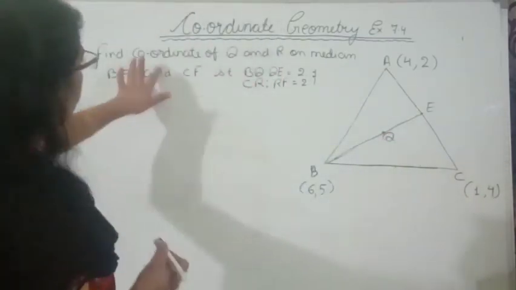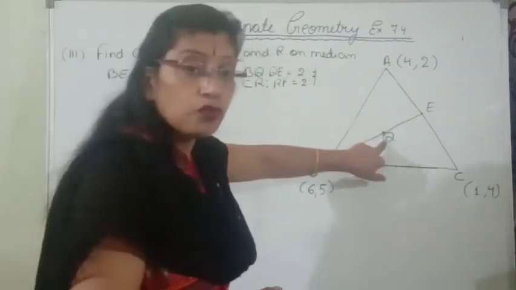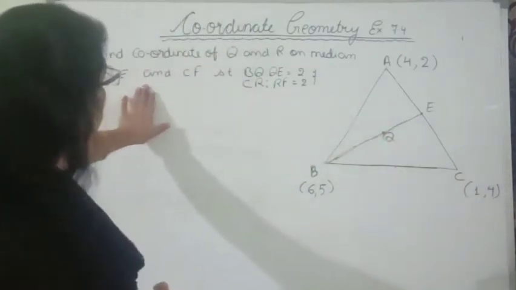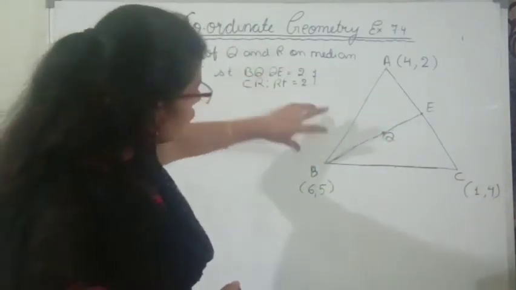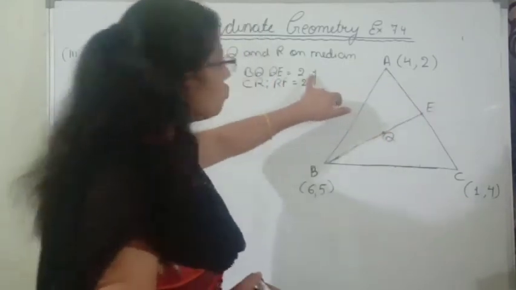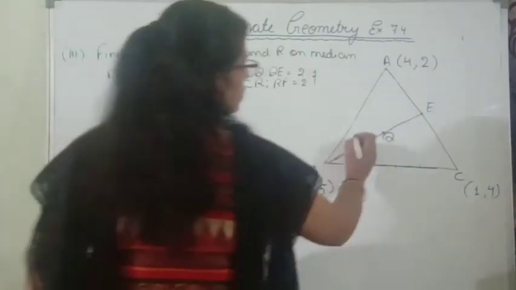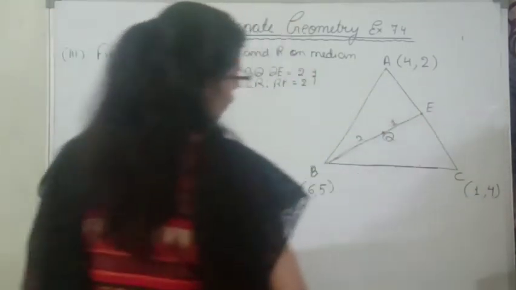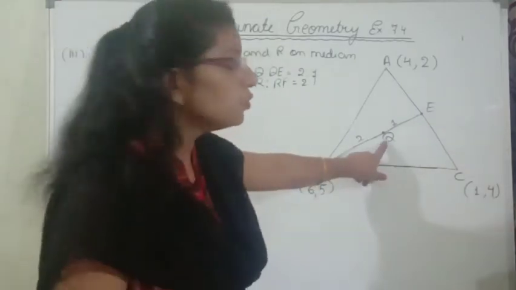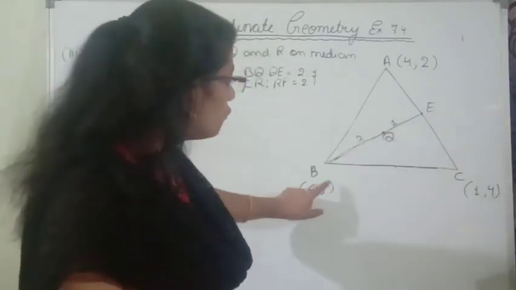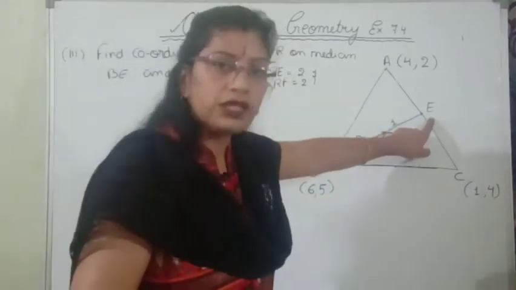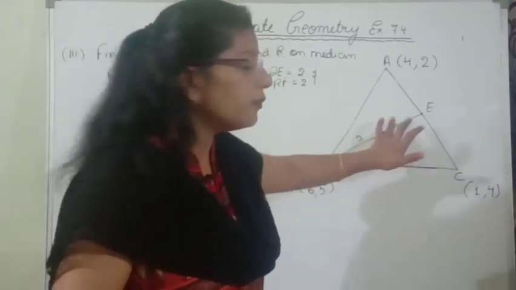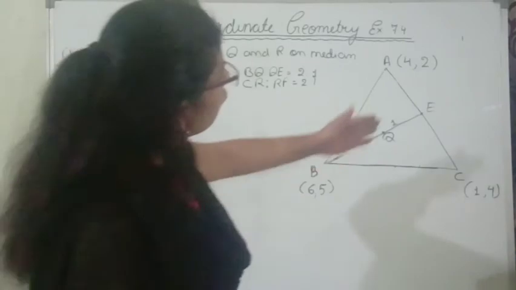Okay. So we have to find the coordinate of this point Q. Very first I am finding this, such that BQ to QE is 2:1. So you have to find the coordinate of point Q. By section formula, if you want to find it, you should know this one and this one's coordinates, and M1 and M2 are given to you. So how will you find the coordinate of this?